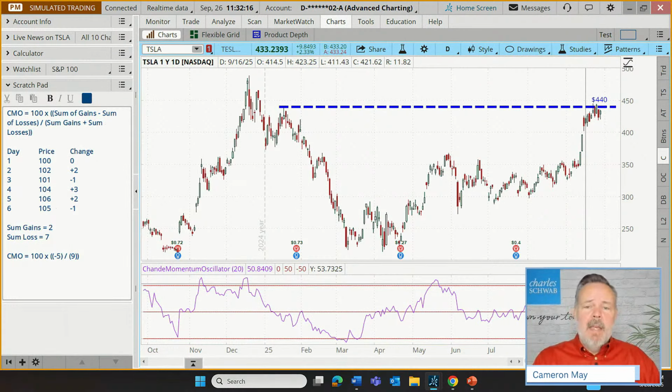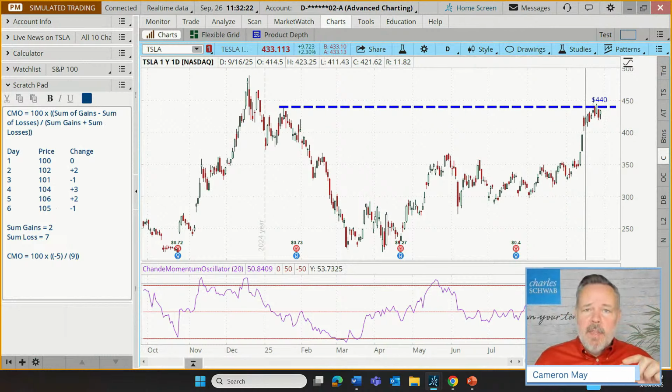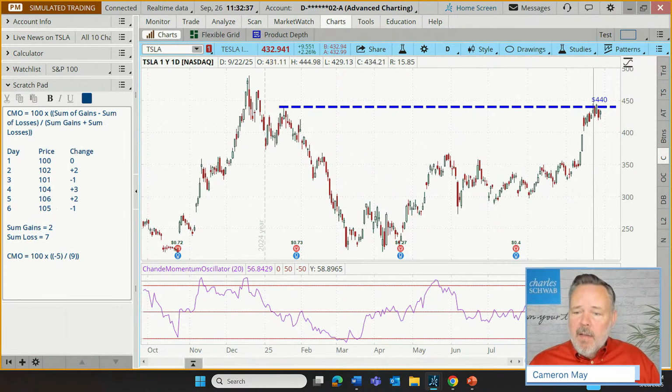The concept here is that stocks tend to move in waves. And what we're looking for is the crests within those waves and the troughs within those waves. And the crest is typically built because the buyers have really gotten a disproportionate control of price over a short period of time. So when we get above 50 here, according to the Chandi oscillator, this is considered to be overbought, and it's sort of buyer beware conceptually.